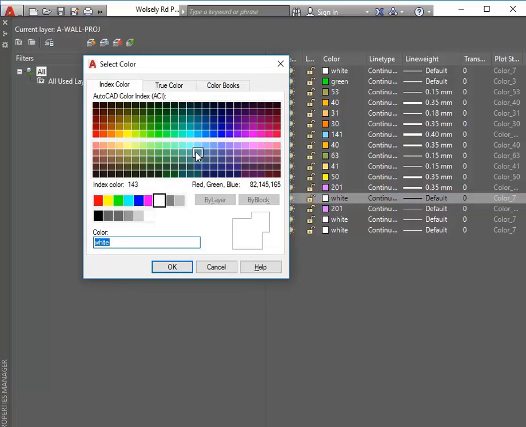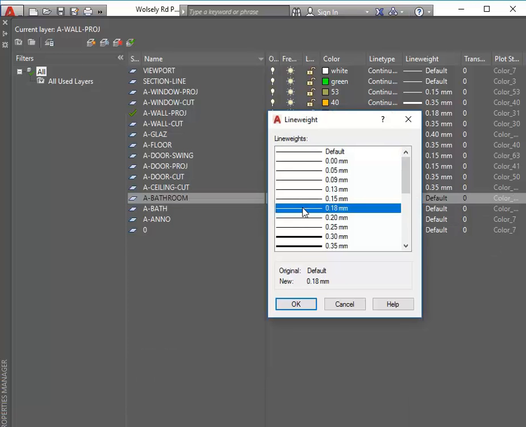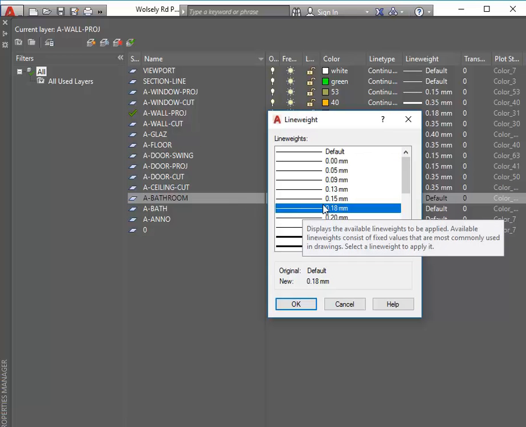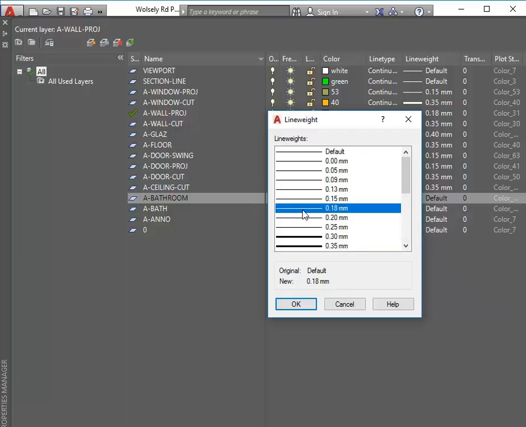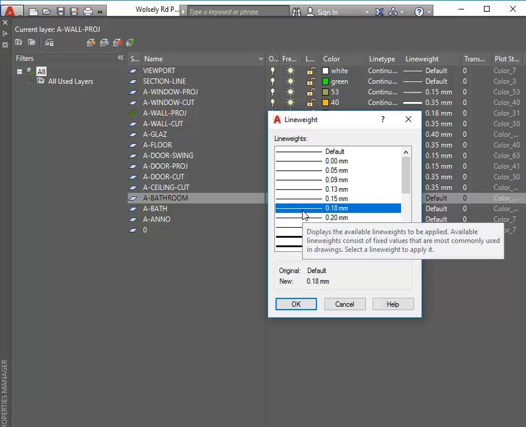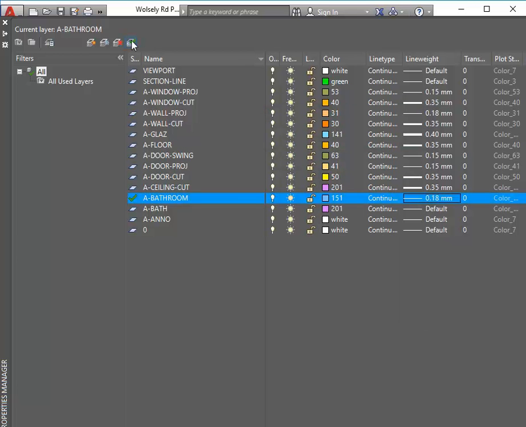And again, the colour is entirely up to you, but you should make the line weight either light or a light medium. I suppose you could go up to about 0.25 if you like that heavier look. If you prefer a lighter look to your drawings, you could go down to about 0.13 even. But again, I'm going to go in between and do about 0.18. So I'll make that the current layer,